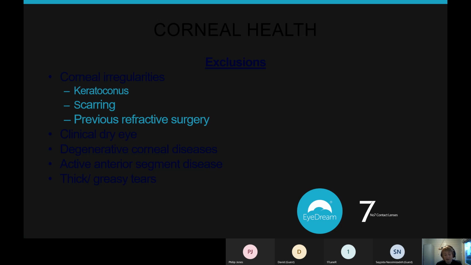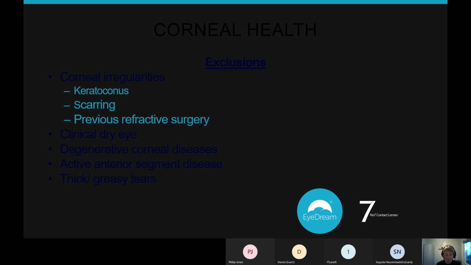The other thing to remember, of course, is that scarred tissue doesn't have the nice neat layers of the cornea that you would have in a normal cornea. It's kind of knitted together, and again, that's going to make it more difficult to achieve the effect you want. If you have a peripheral ulcer scar right out in the periphery, out of the area that the lens is fitting in, then you probably don't need to worry about that at all. However, if you have a patient that has 3 peripheral ulcer scars in one eye and 2 in the other eye, you need to be asking yourself why they keep getting peripheral ulcer scars, and really consider whether they're a good patient